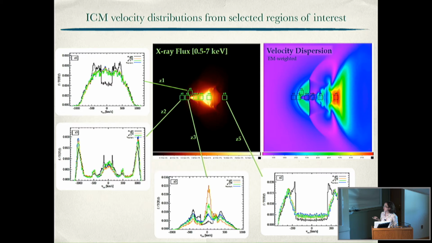Black lines represent, let's say, the dynamical weight, in the sense that they are distributions weighted by the gas mass. So this is the true dynamical structure of the gas along the line of sight. The other lines, different colors, all refer to different kinds of emissivity-weighted distributions, which can be obtained by using the Bremsstrahlung-like emission, or the emission associated to the iron line region purely, like in the blue line, or the emission measure. And all of them, you can see, have very similar features, so there is no big difference.